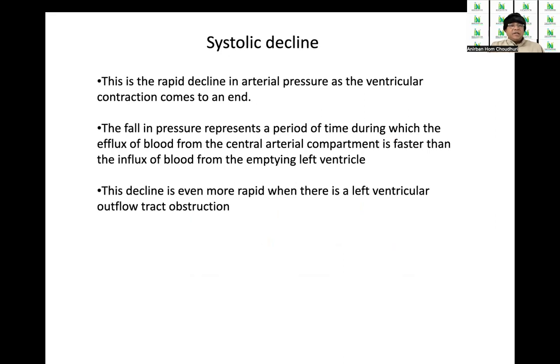Next is the systolic decline. The systolic decline is the rapid decline in the arterial pressure as the ventricular contraction comes to an end, and the fall in pressure represents a period of time during which the efflux of blood from the central arterial compartment is faster than the influx of blood from the emptying left ventricle. You have to just imagine the rate at which the heart is ejecting through the aorta; if there is a mild difference between influx and efflux, that difference is represented by the systolic decline. The decline is even more rapid when left ventricular outflow tract obstruction is present, because in that case the